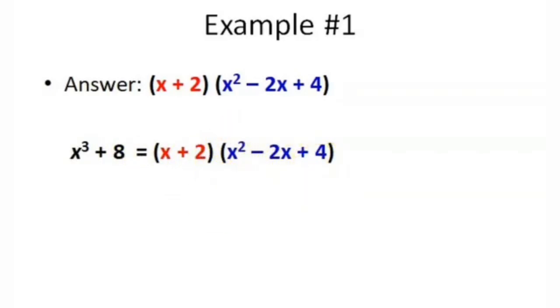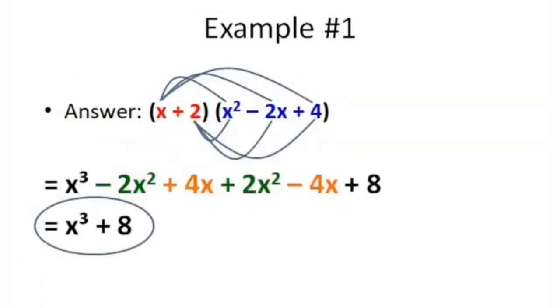Now, let's check kung tama ba po yung sagot natin. To check that one, we will use the distributive property of multiplication. So, we will multiply this binomial factor isa-isa dun sa trinomial factor po natin. Ito yung binomial factor natin, kulay pula. Yung trinomial factor natin, kulay asul. So, isa-isa. Let's multiply. So, x times x squared. The result is x cubed. Then, x times negative 2x, the result is